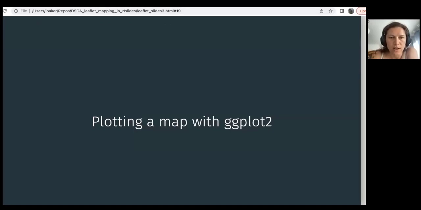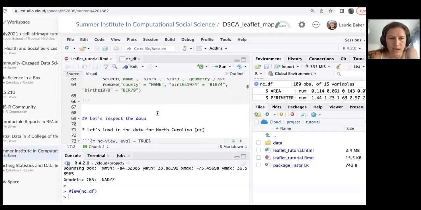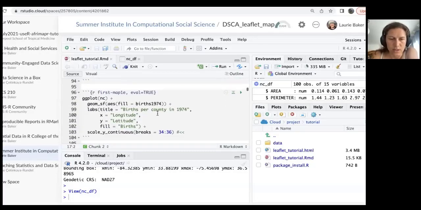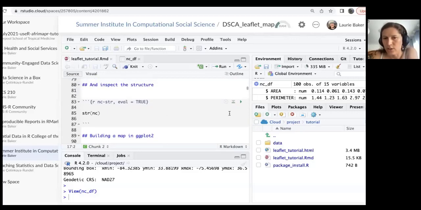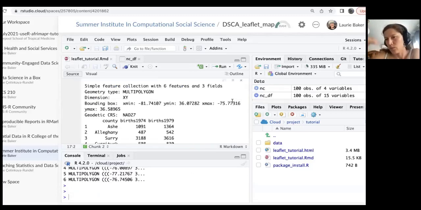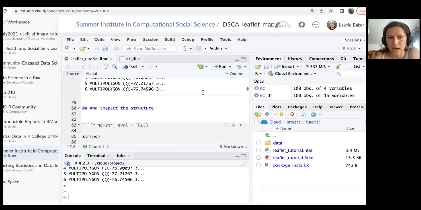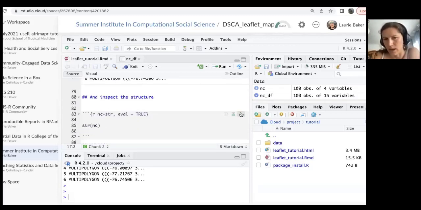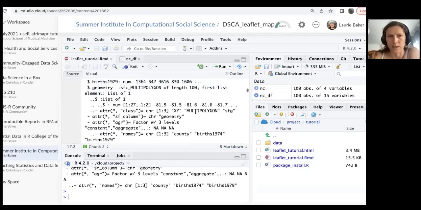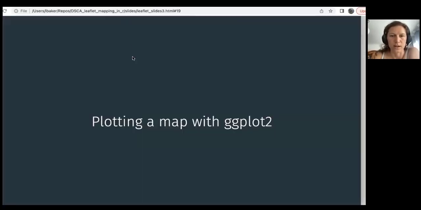Okay, so where we are up to in the project is we're down at this point where we've just checked the structure. Anytime we want to run all of the code chunks above, we can use this upside down play button, and that will run everything that came before. So it's run the head, and then we can also go ahead and run the structure. And then we're all up to date with our